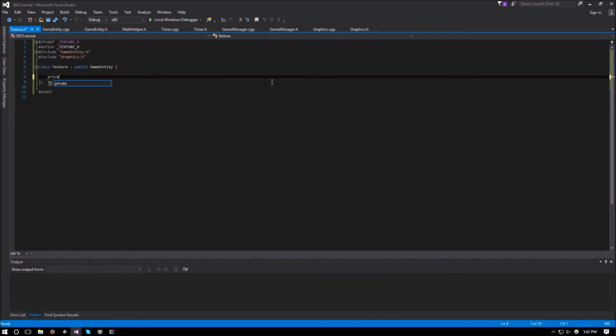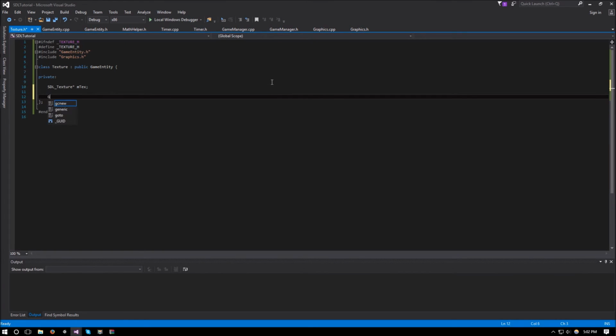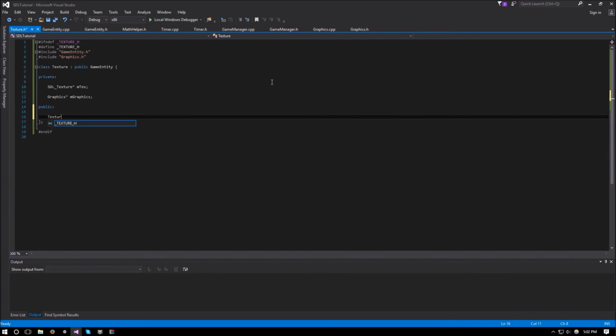And for our private variables, we will just have an SDL_Texture pointer, which will be mTexture, or we can call it mText, and a Graphics pointer, which will be mGraphics. And then for our public, we'll do the constructor as well as the destructor,